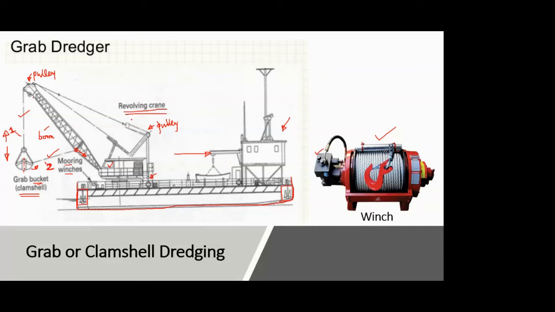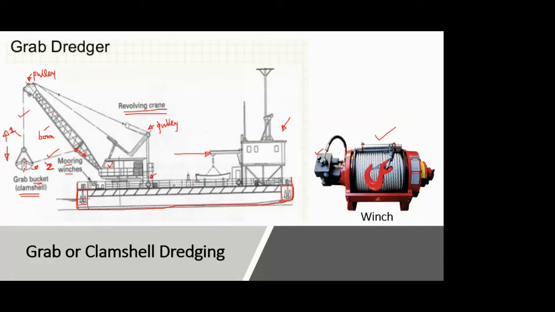So once you understand the concept, the theory is nothing but you can write it in your own words as well. Okay, you are obviously using the technical terms. So if you have now understood this working of the grab dredger, you can just write the theory related to it. If it is asked what is grab dredging or clamshell dredging, you can write the components of that grab dredger, that is a revolving crane, pulley assembly, ropes, grab bucket, and all sorts of things, and then you can describe it.